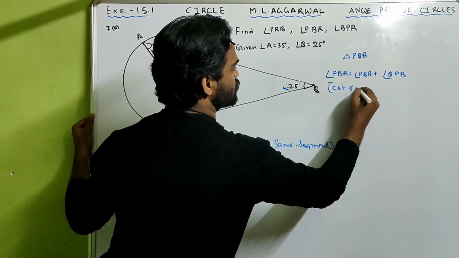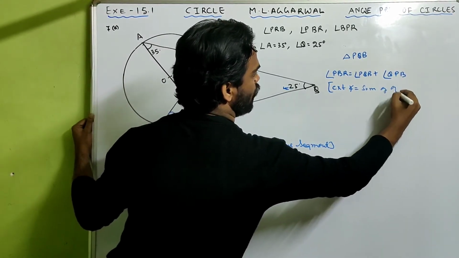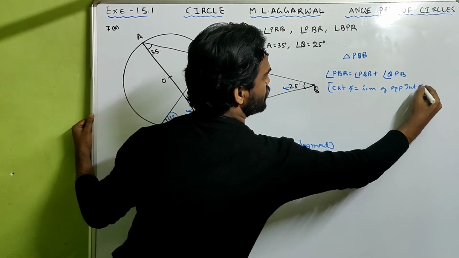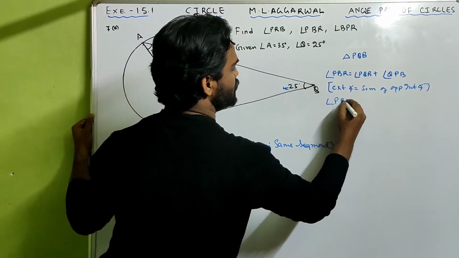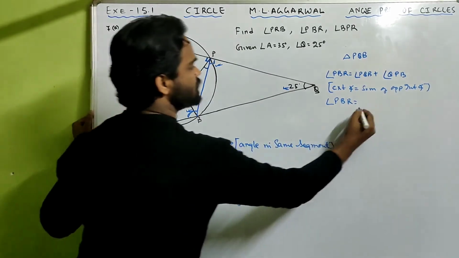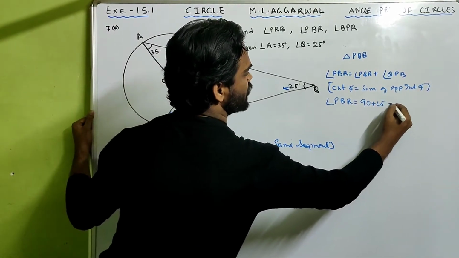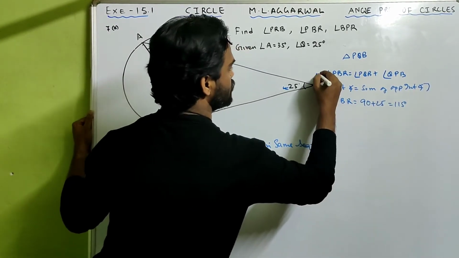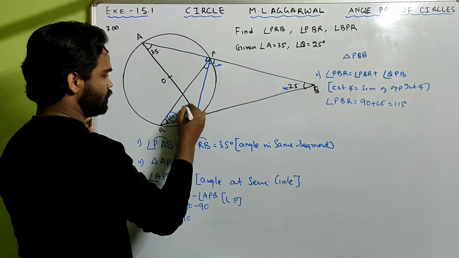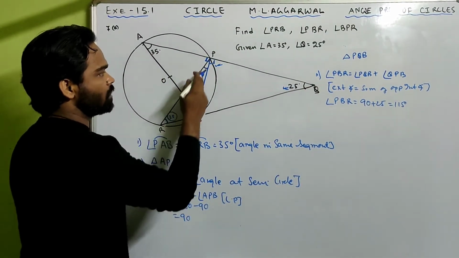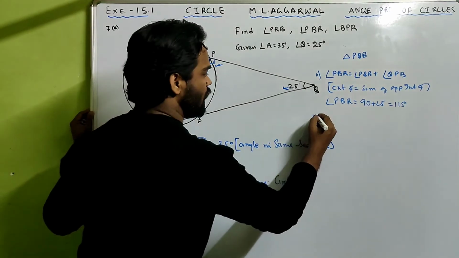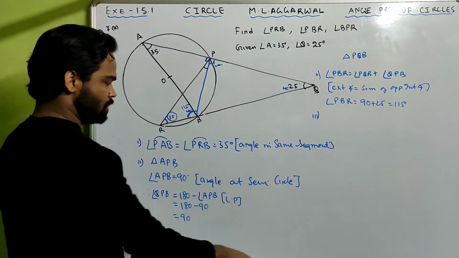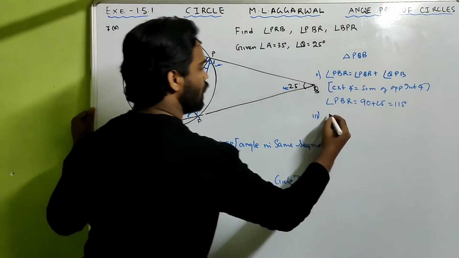Exterior angle equals the sum of the opposite interior angles, done. Which means angle PBR is equal to 90 plus 25, that's 115 degrees. So this is 115. Now once you have two angles, you can get the third angle by the angle sum property. Look over here in triangle PBR,